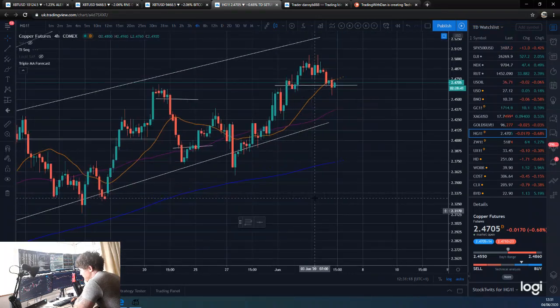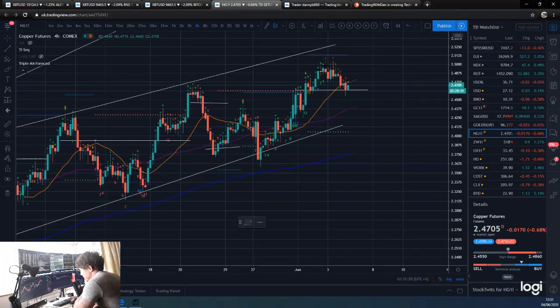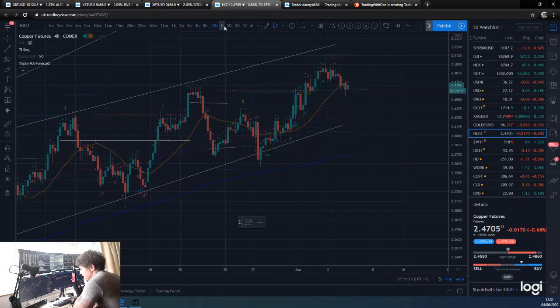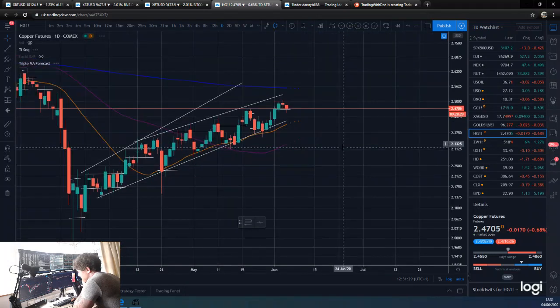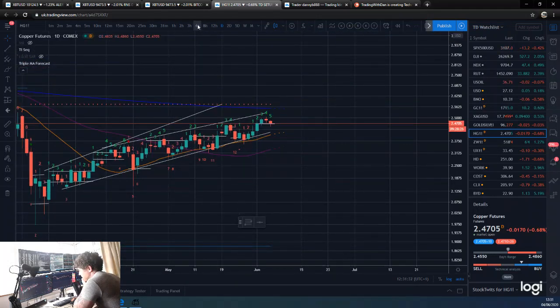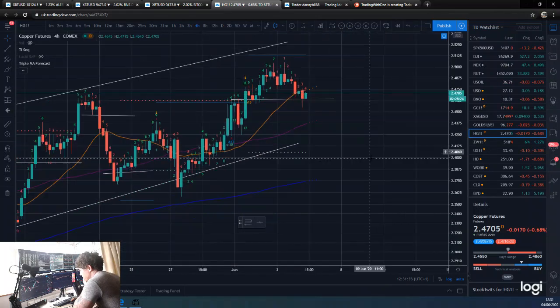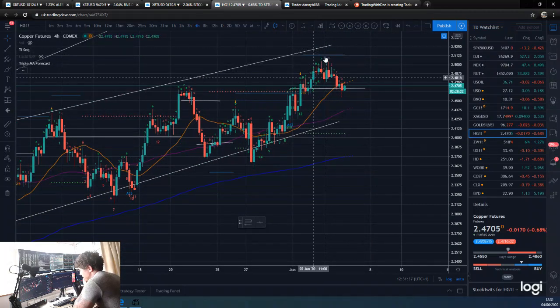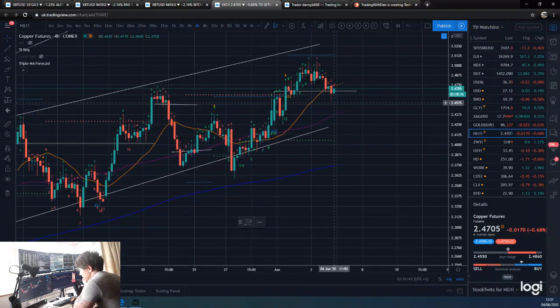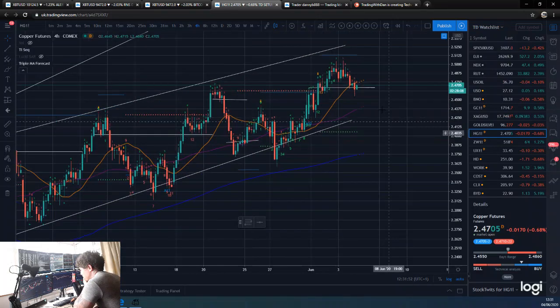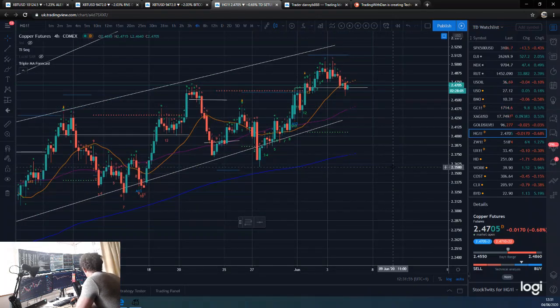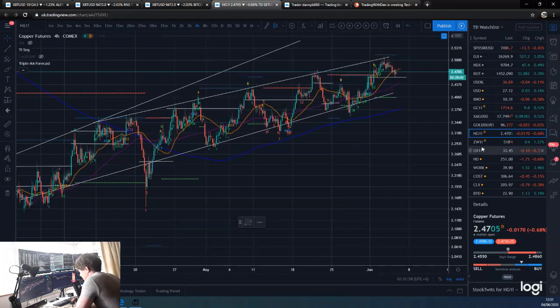Over to copper. Copper didn't quite make the top of our channel and didn't quite make the 9, which is a bit annoying, because that could have been a good trade for us. We didn't make it on the 12 hour, and we didn't make it on the daily either, clearly. So copper is showing a bit of weakness, obviously not able to make those last couple of 4 hour candles touch the top and print the 9. So it moved down with nice reversal candles here as well. So are we going to get supported at this sort of mid-range of the trend, or are we going to play down back towards the bottom of the channel, and then you never know, break through the channel, who knows? That's kind of what I'm looking at in copper.